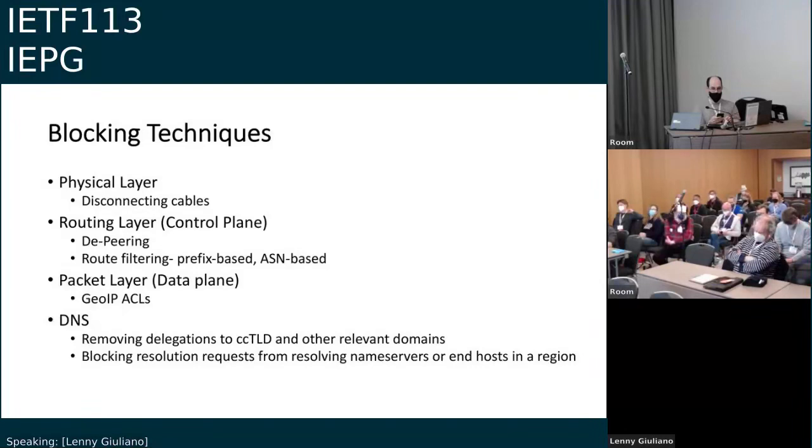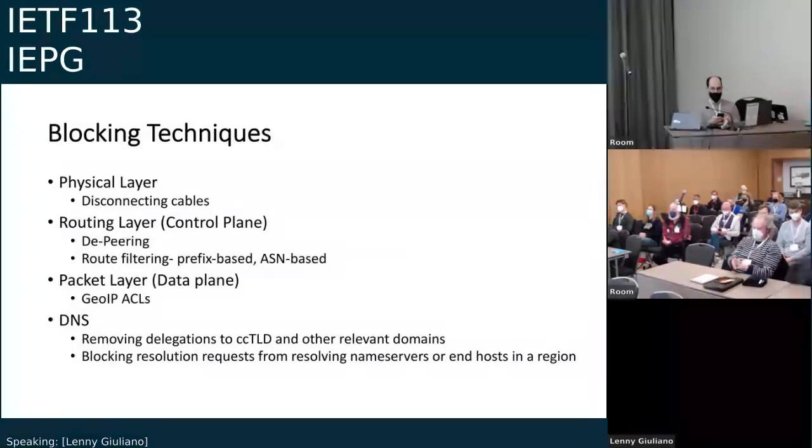There's route filtering based on prefix or ASN. There's data plane filtering, things like GeoIP and access control lists. And then we looked at DNS, what it would look like to, some approaches might be removing delegations to TLDs and other relevant domains. Also, blocking resolution requests that might be coming from a resolving name server or end hosts that might be in